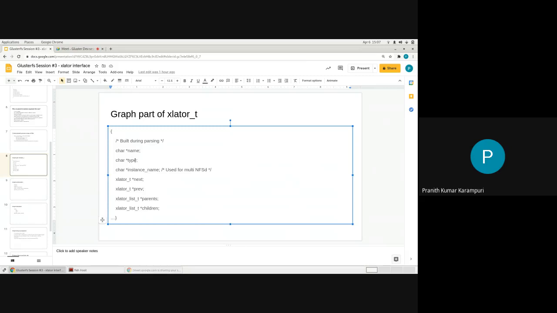Next and prev are like the list of translators. All the translators represented by a vol file will be in a list, and then you will link different translators as children and parents, so that a graph gets built.